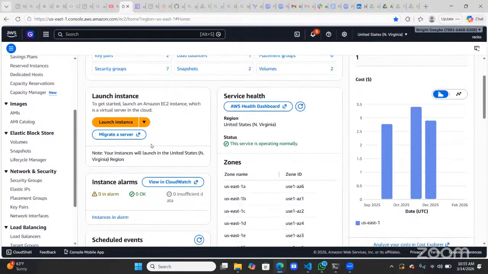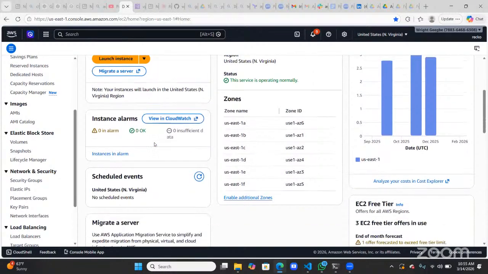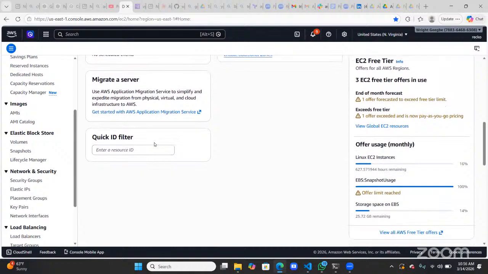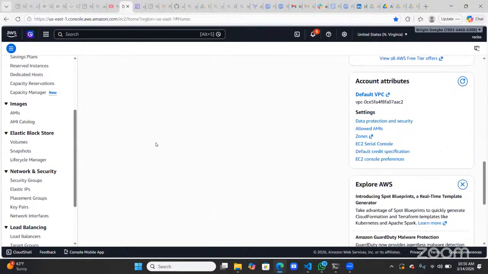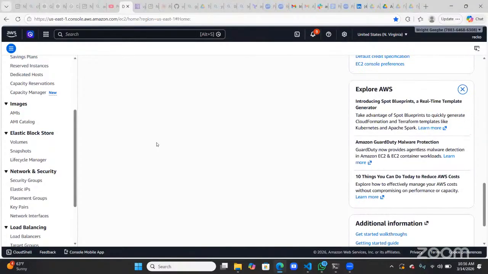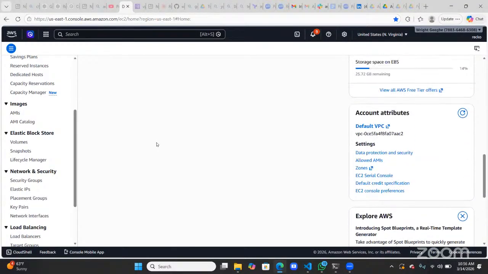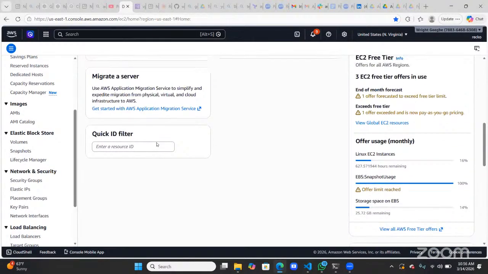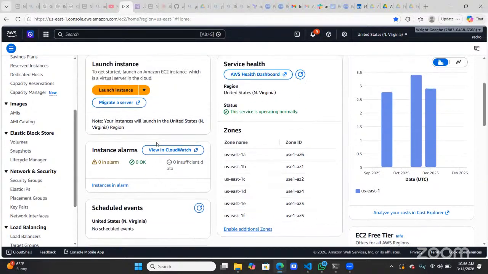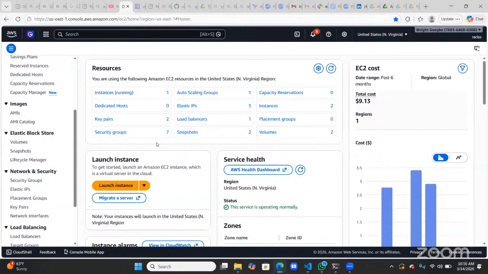I think it usually lists your availability zone somewhere. Yeah, scroll down. I forgot how I got to it that time. They probably changed the screen again. So scroll up. Let me see.